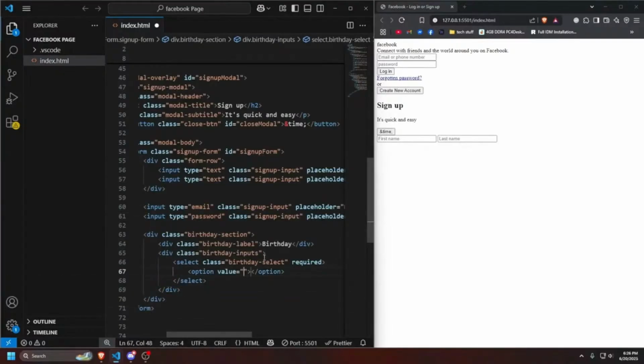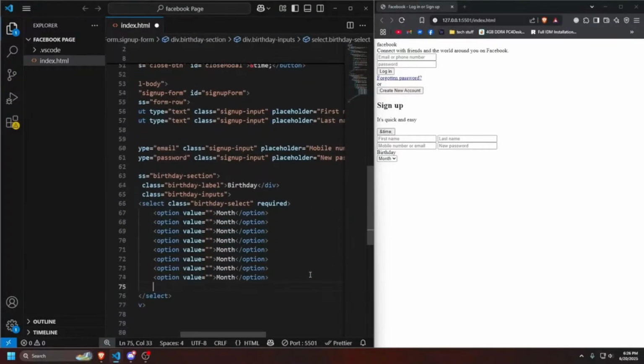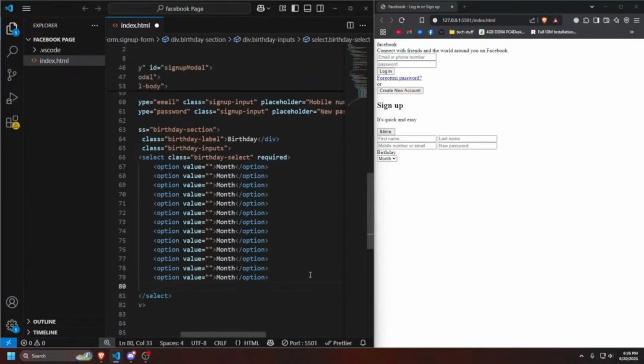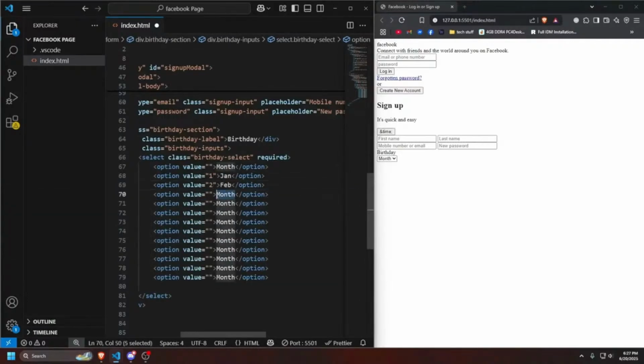We'll basically make a ton of options, the first one with a value. I'll give it month. This will be basically kind of a header. So I'll copy this and paste it a lot of times. I need 12. 1, 2, 3, 4, 5, 6, 7, 8, 9, 10, 11, 12. It's exact. Okay. We'll make Jan, give 1. We'll make Feb, give 2. We'll make